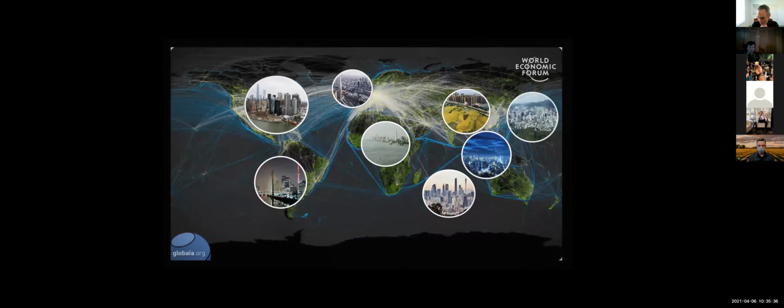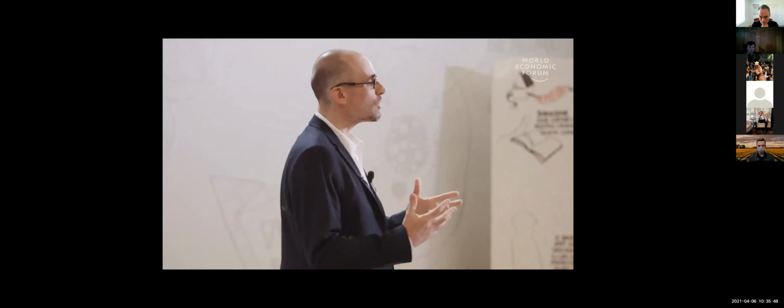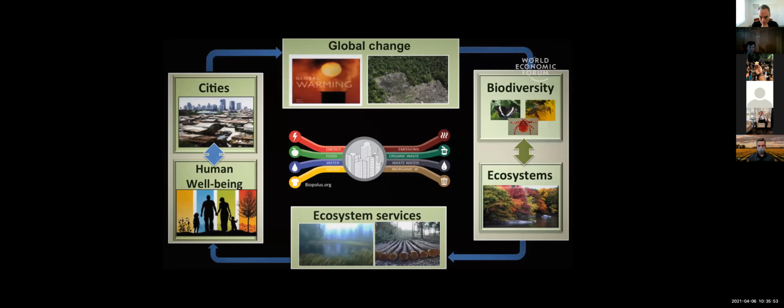We are living in the century of urbanization. By 2050, 70% of the world's 9 billion people will be living in cities. Cities form a vast global network connected by flows of energy, food, information. This global network is the challenge of the 21st century. How do we make more sustainable cities with smaller ecological footprints and more equitable human well-being? Today, I want to stress the linkages between cities and ecosystems. Cities rely upon the goods and services produced by biological diversity embedded in ecosystems. These benefits are called ecosystem services.